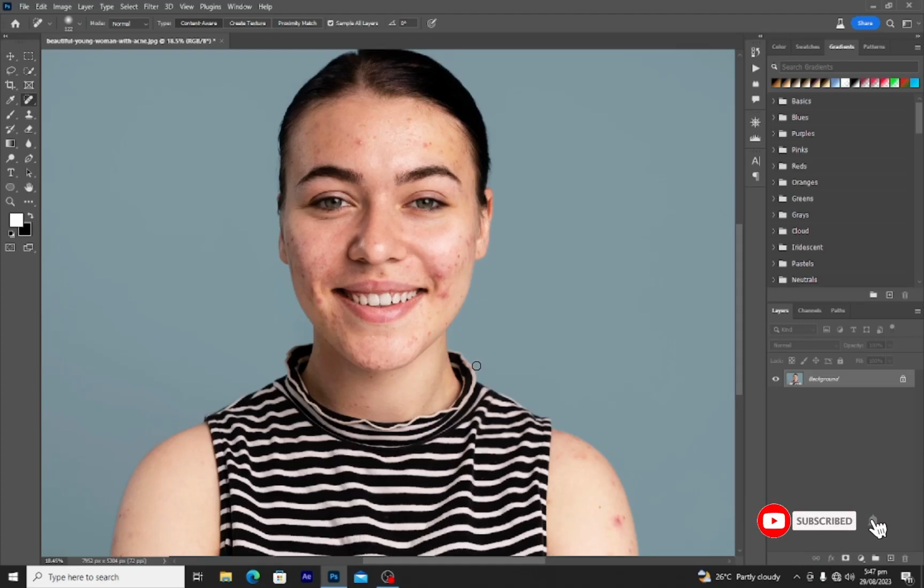In this tutorial, I will be showing you how to smooth the face of this image, remove all the pimples, and make the face very clean from all the blemishes. Without further ado,